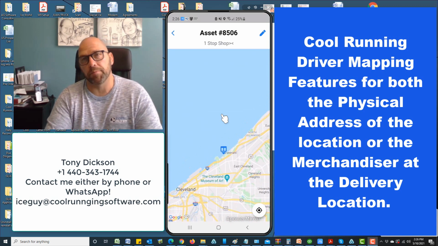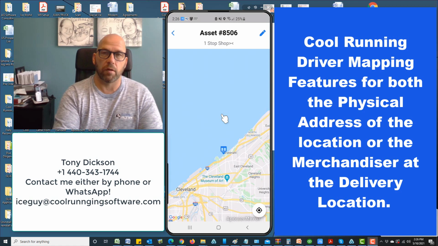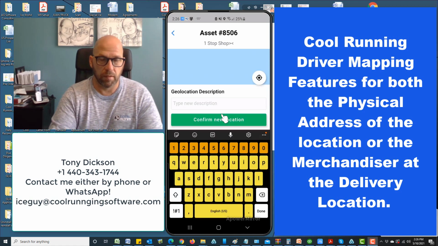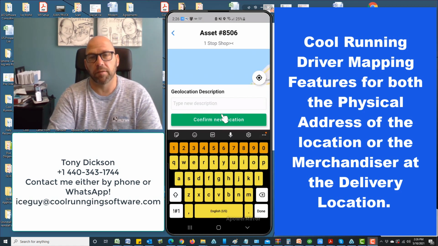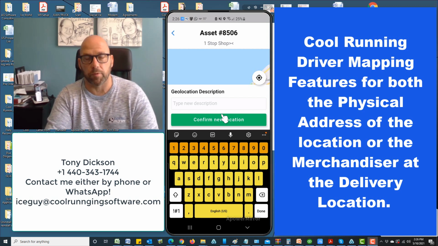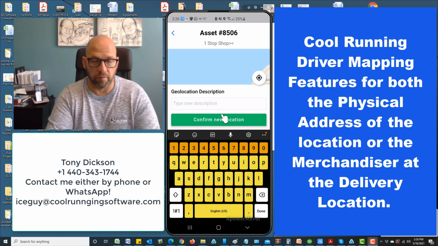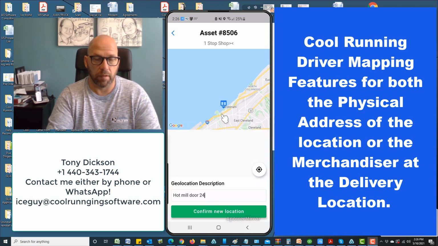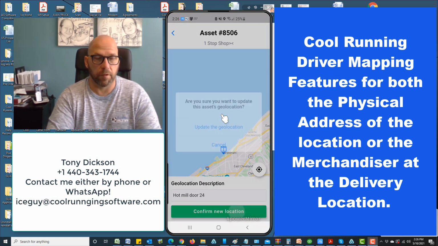But let's say we want to update the geocode of that particular ice chest on the address. If I click up here on the edit button, I can actually rename it right here and say, let's say we're using my steel mill example. I can actually go down here and say it's in the hot mill, hot mill door 24, just as an example. Okay, and as soon as I hit confirm the new location,